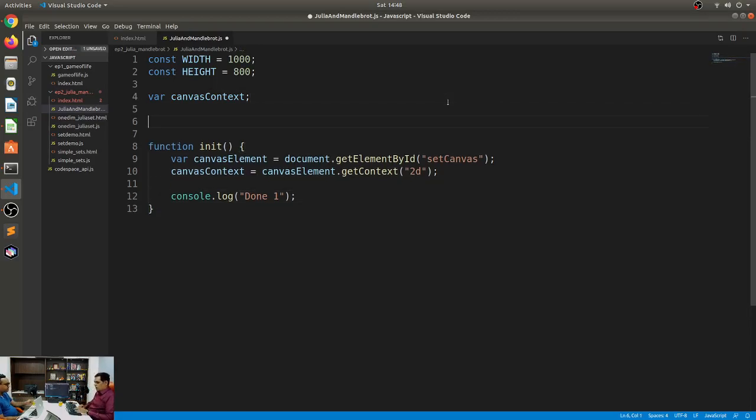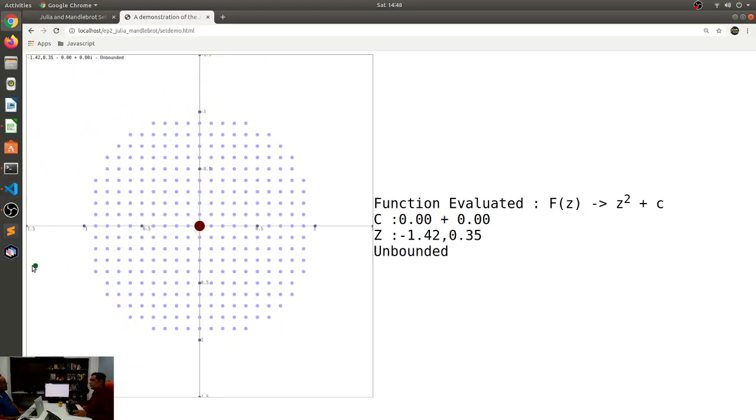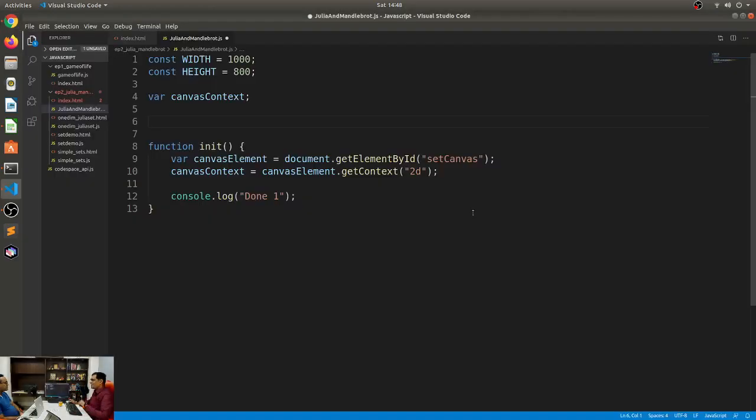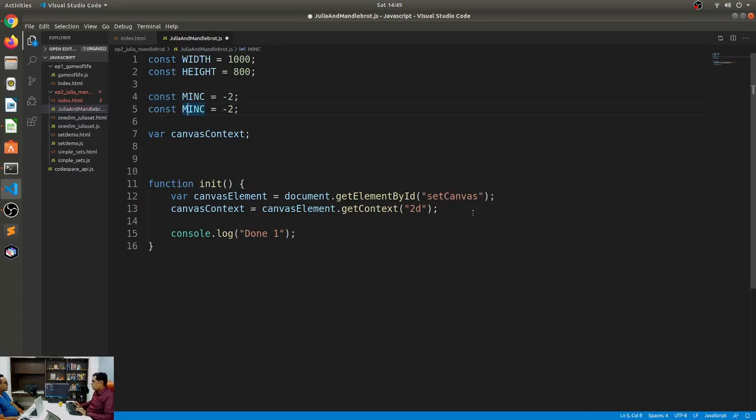Now remember, let's look at the set demonstration that we saw. These values that you see basically have to be within -2 and +2. Those are the minimum and maximum values for which Julia sets need to be evaluated. So let's create those constants: const minimum C is equal to -2, and max C is equal to 2.